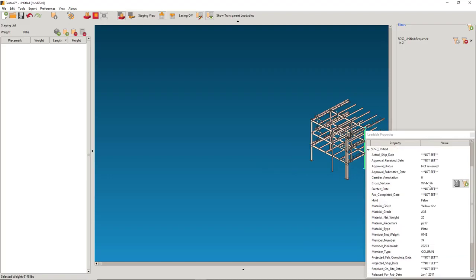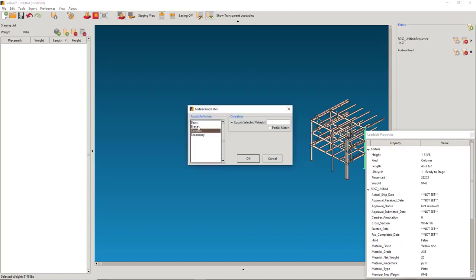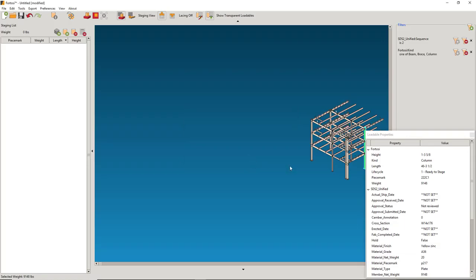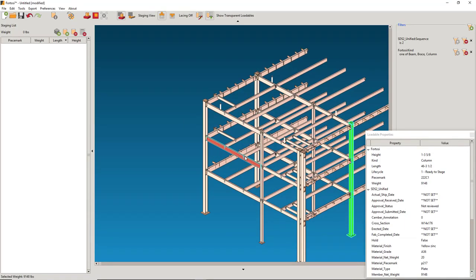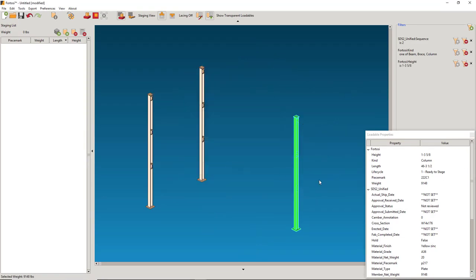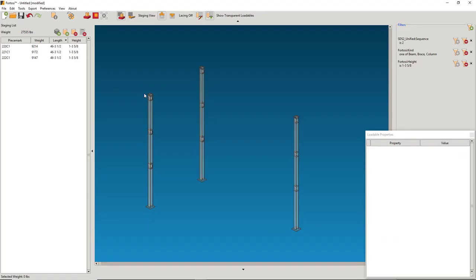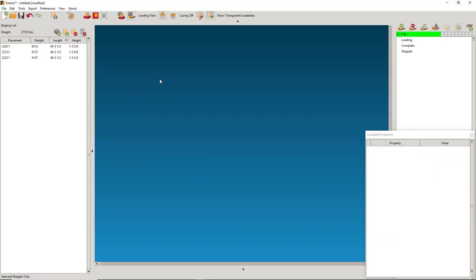So maybe I just want to load onto my trailer sequence 2. I don't want my secondary steel to show up for this filter, and then I'm going to start filtering it even more for columns and a specific height. As I start selecting them, in the bottom left corner, it's going to start populating the selected weight that I have. When I have the selected steel that I want, I can add it to my staging view and then